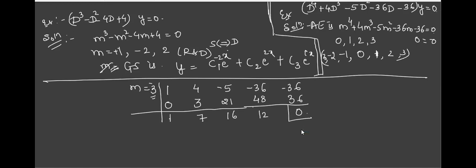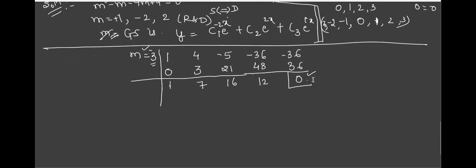If you get it as 0, then the root you have got is correct. If you are not getting it as 0, that means this root is wrong. Are you understanding it? This is a compulsory thing. If you have chosen a root, it can be taken as minus, you can take any. Whatever you take, if it is a correct root, your last value will be 0. Otherwise, it will not be 0. If you are not getting 0, go back and change that value.